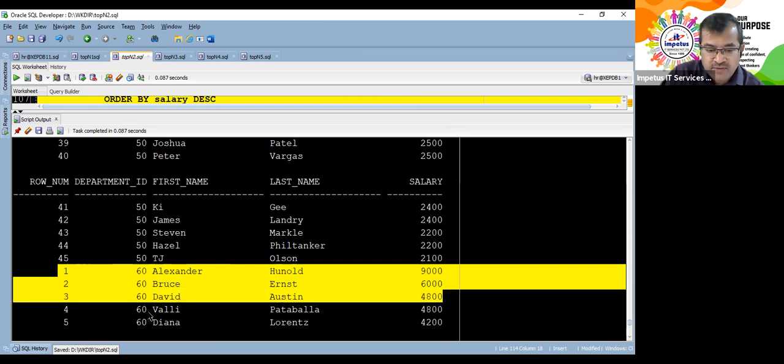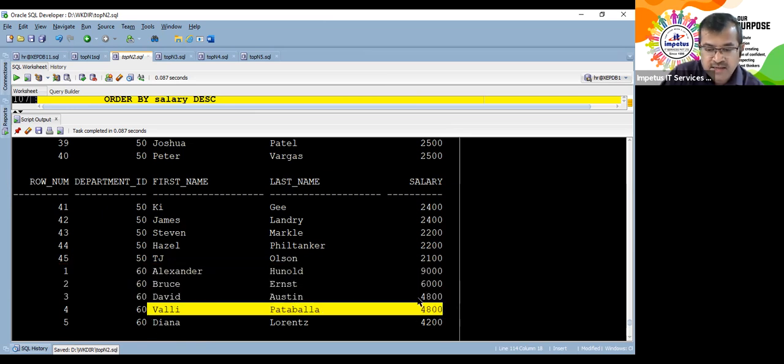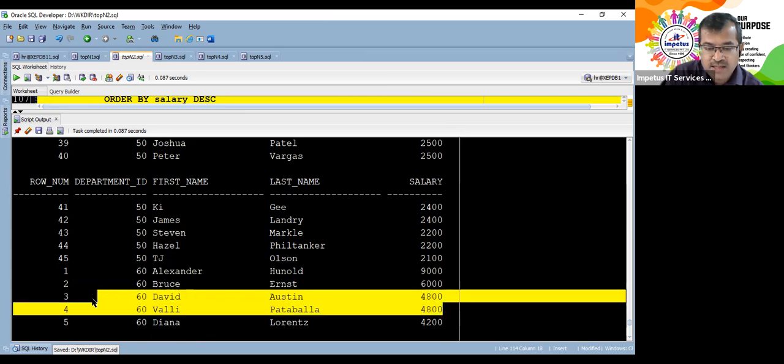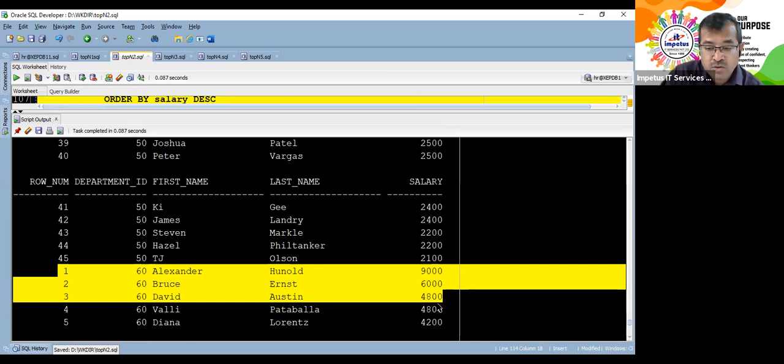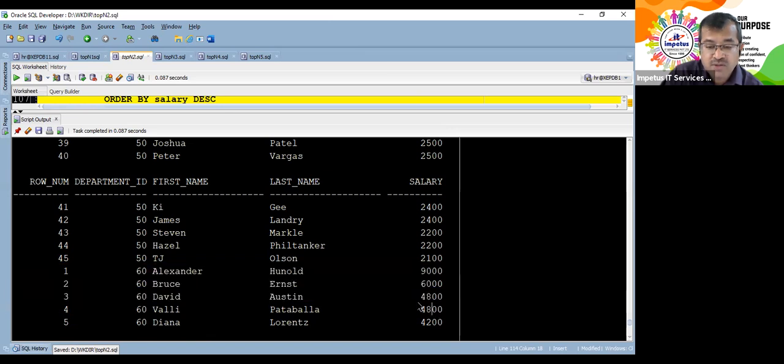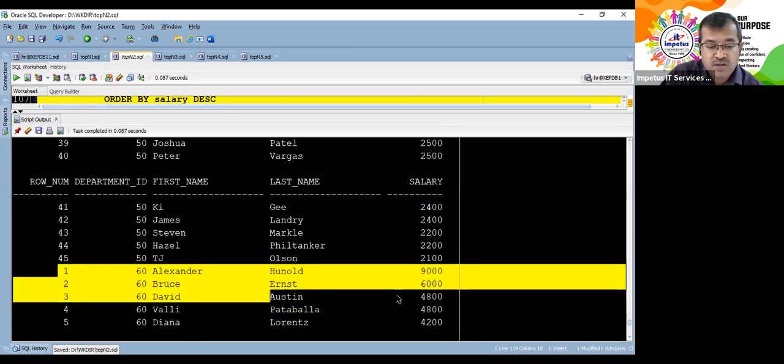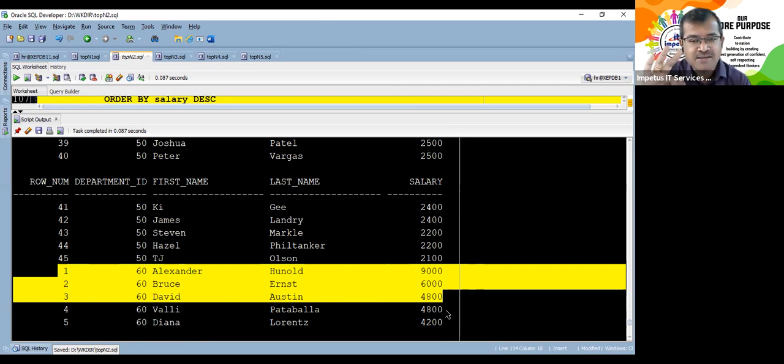But this person Valley is also earning the same salary as this guy. If I took the top 3 from every department, this will only give you the top 3 numbers. It is not guaranteed which of two people with the same salary it will give. That's not wrong, but I have not got all the top 3 earners. I'll get the top 3 salaries. That would be easier. If I just said top 3 salaries, that was okay. But the names of the people who are earning the top 3 salaries may not be right.